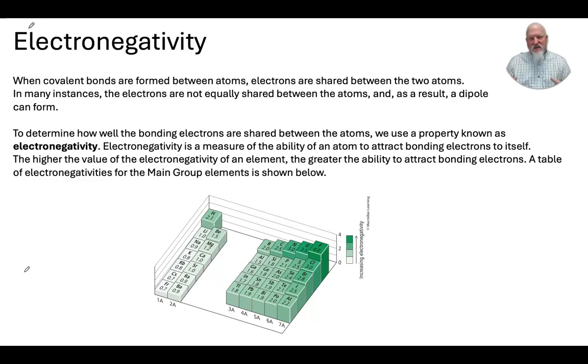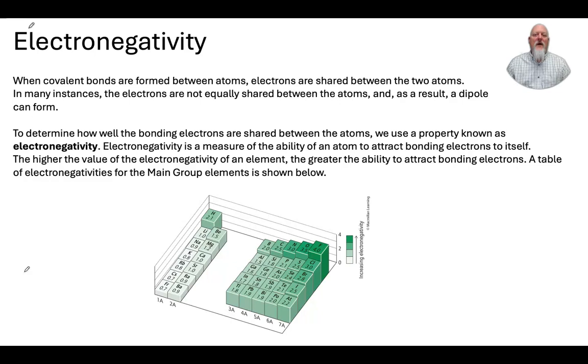So it's like a competition almost between the two atoms on which one can pull the electrons towards it more. Now, the electrons are still shared, but they may spend more time near one atom than the other because of the electronegativity. And this will affect the properties of the bond and possibly the properties of the molecules that